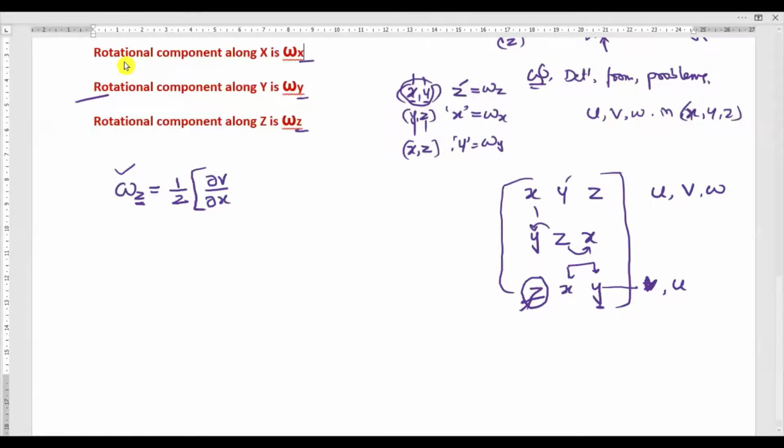Understood? Minus. Now what is left? You have considered Y, now the X axis is left. What is the velocity component in X? That is U, dou U, and which axis is left? That is dou Y. So what this equation represents is the small change in velocity along the Y direction of the fluid with respect to the X direction.